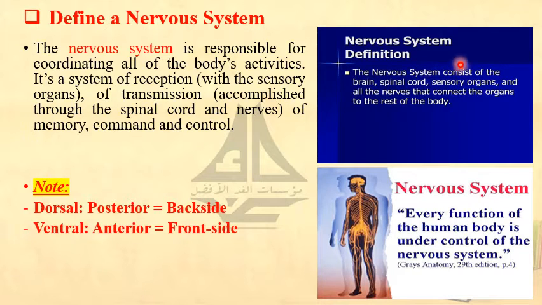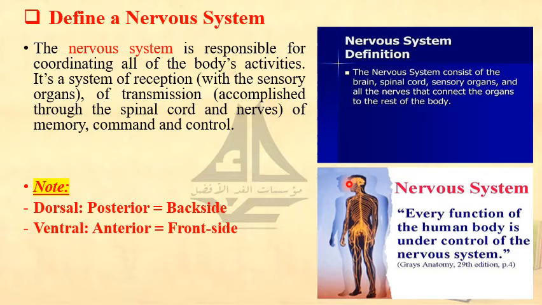Here, the nervous system consists of, what does it include? When I say nervous system, about which parts in our body are we talking? We are talking about the brain, we are talking about the spinal cord. It consists of the brain, the spinal cord, and it involves the sensory organs and all the nerves that connect the organs to the rest of the body. So, to be more simple, the nervous system consists of the brain. Here is the brain, the spinal cord, and all the nerves that emerge from the spinal cord and from the